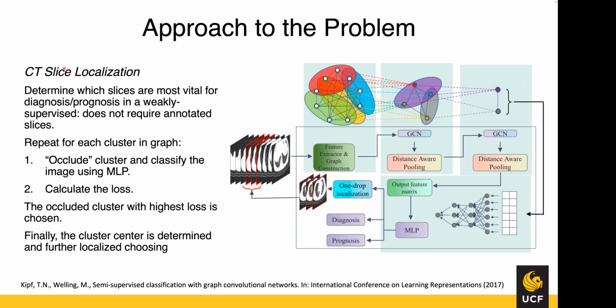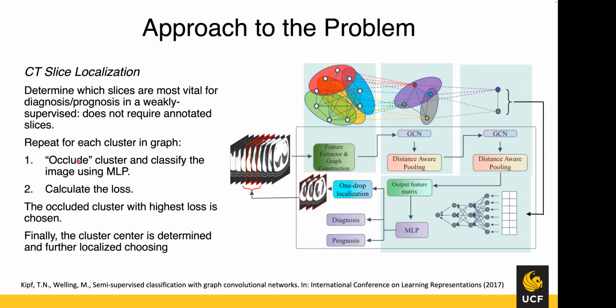Okay, and then lastly, for the last objective, the CT slice localization, the authors report that this is also a new method. So the idea here is to determine which slices are most important for the diagnosis and prognosis, and this is done actually in a weakly supervised manner. So that's an advantage. It doesn't require any annotation. Okay, so the idea here is that you